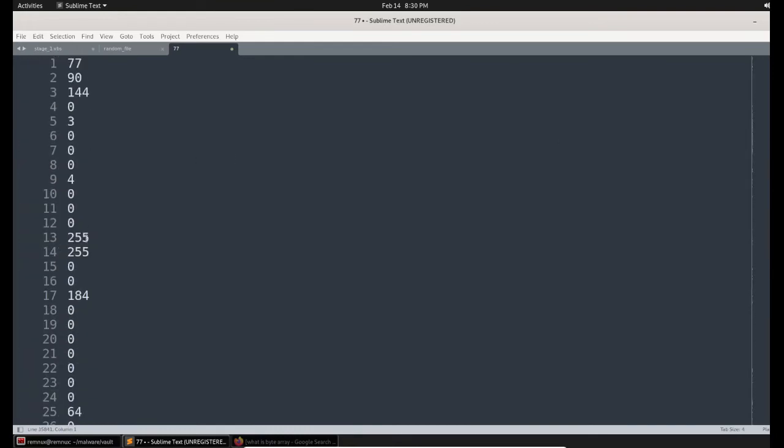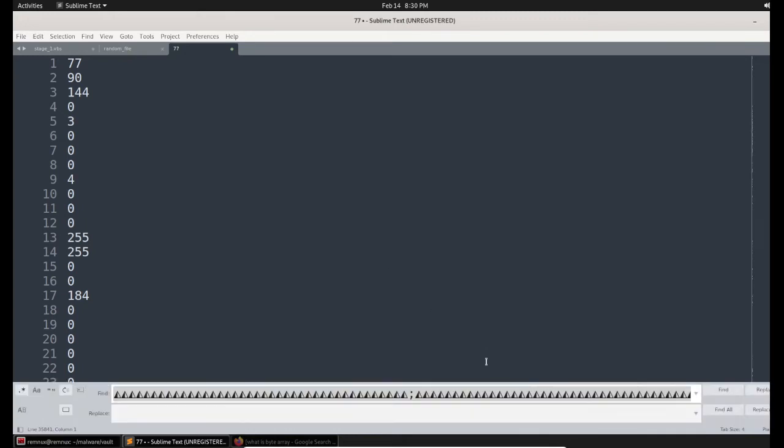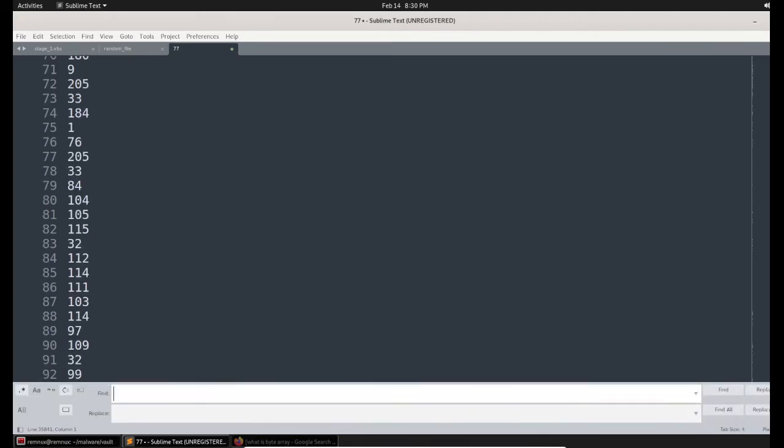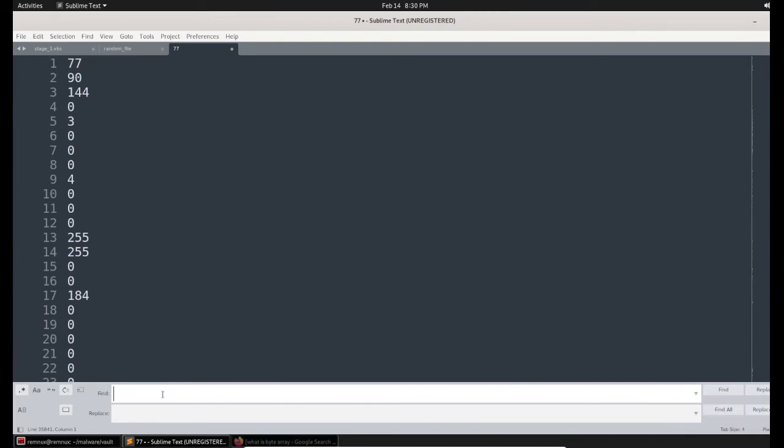So let me form a list for these random numbers. To do that, I'm performing a find and replace operation. Here I need to find the newline characters and replace them with a comma. So replace all.